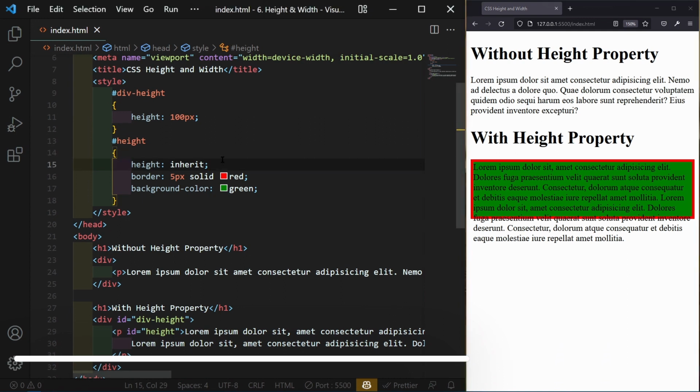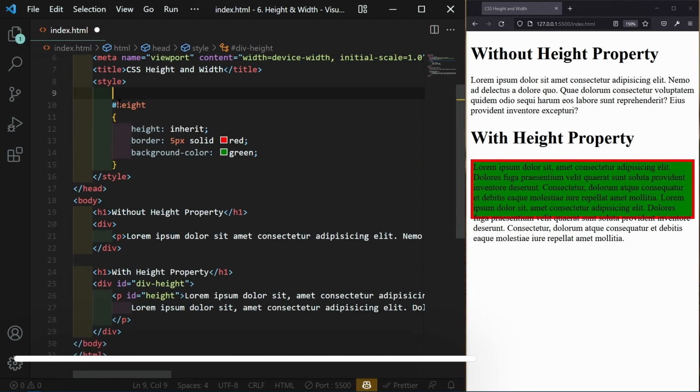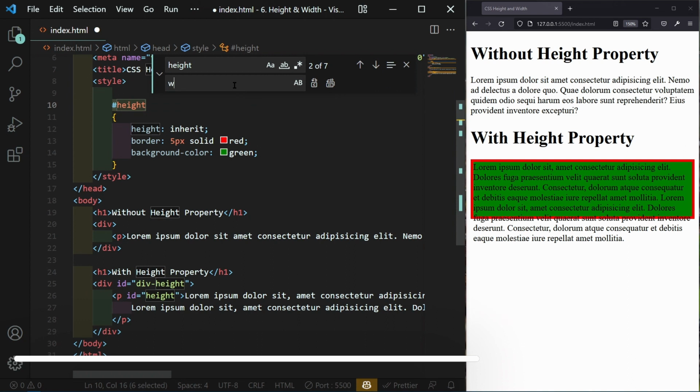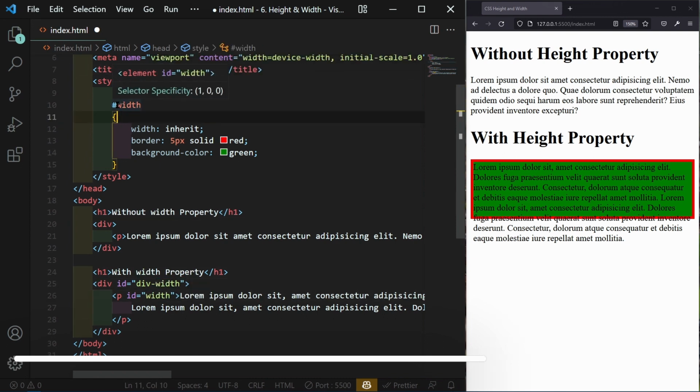After that, let's see the width. After width, we see the max and min. So let's see width first. Here, I just cut this out and replace it, so I write width and replace everything. You can see here the width refers to this element, the paragraph tag.